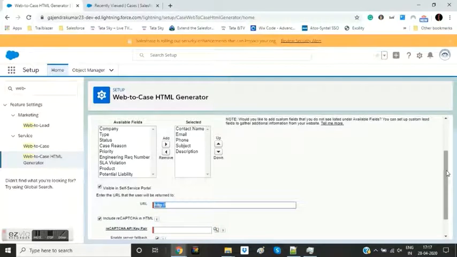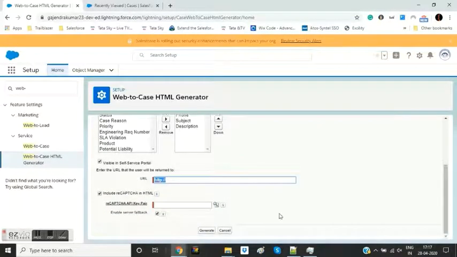whichever field we want to select, and after that if we click on the generate button, it will create HTML code for us, which we can then publish on any website or give to any website owner, who can then create an HTML page using that HTML code and put it on their website. And whenever somebody fills up that form, a case will automatically be created into Salesforce. So let's see